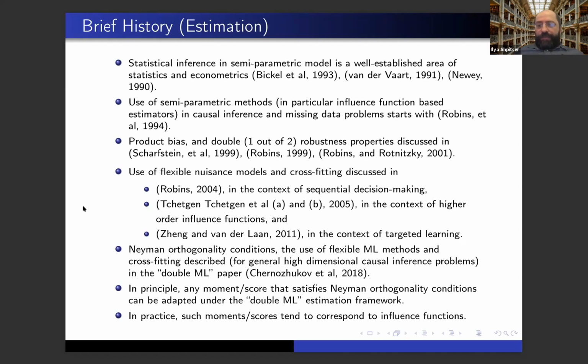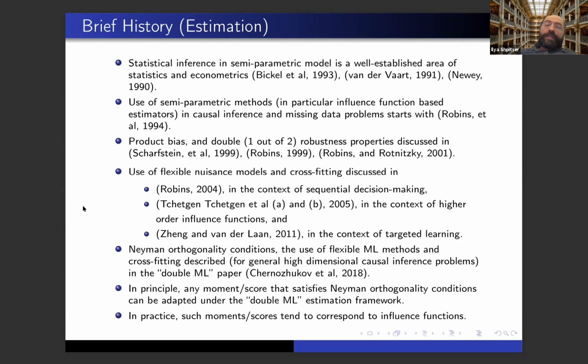I think it's more intuitive what that means. And this is discussed in a number of places in Scharfstein, Rotnitzky and Robins, and in Robins and Rotnitzky's comment in the late 90s, early 2000s. So a lot of this stuff with Neyman orthogonality kind of goes back to these product bias influence function based estimators from semi-parametric statistics.